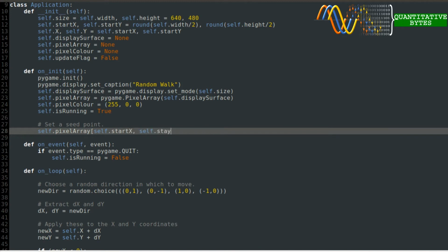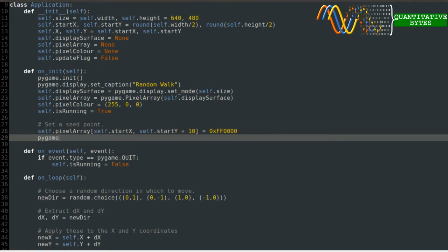and self.startY. Now there's no point putting it exactly at the same place as our starting position, so we just do startY plus 10, and we set that to 0xff, so we create a red seed point. And so that we can see it, we call pygame.display.update, just like that. Save. Right, now if we run that code now,